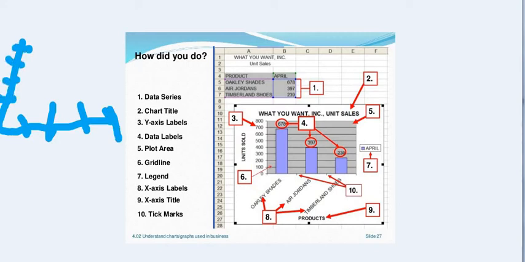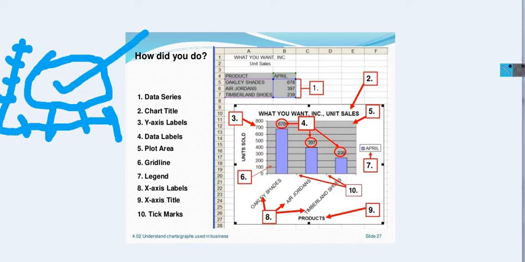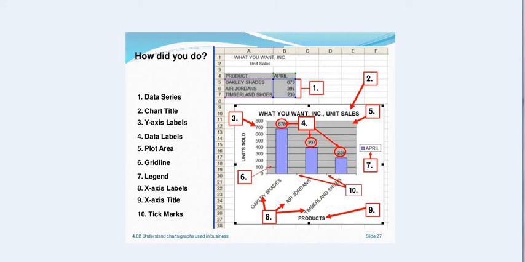And here we plot; this area is the plot area, where we make a chart or a graph, whatever we call it. I hope you are understanding, right?